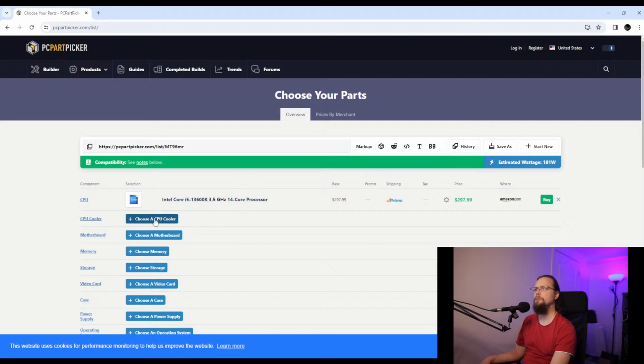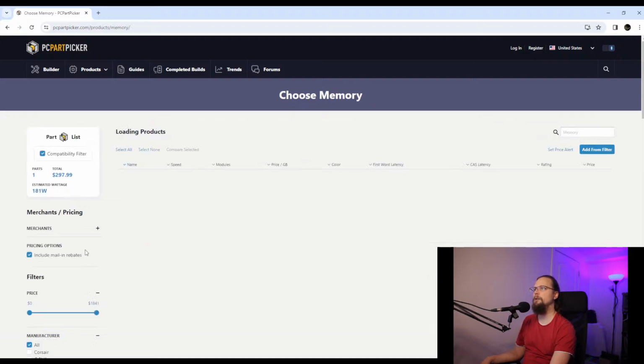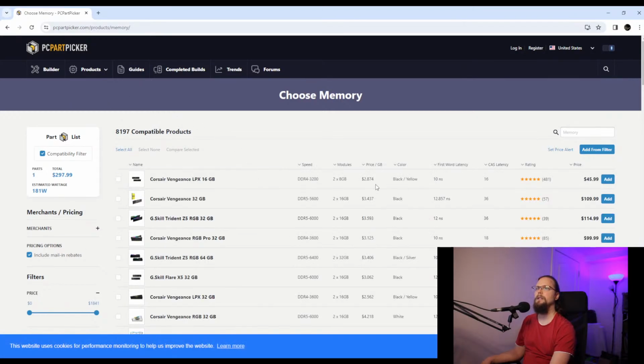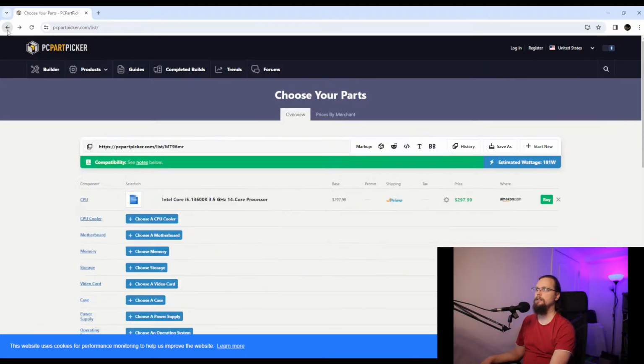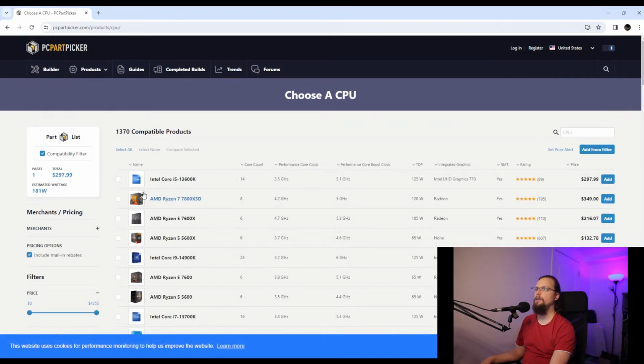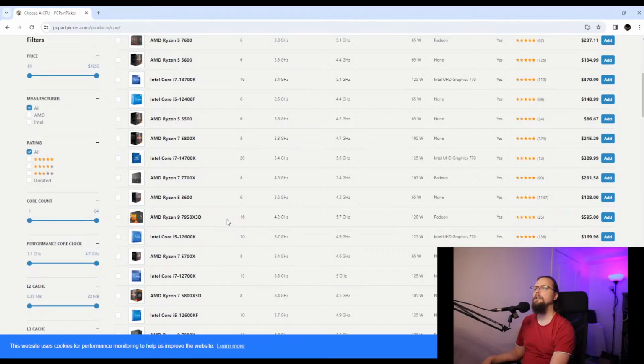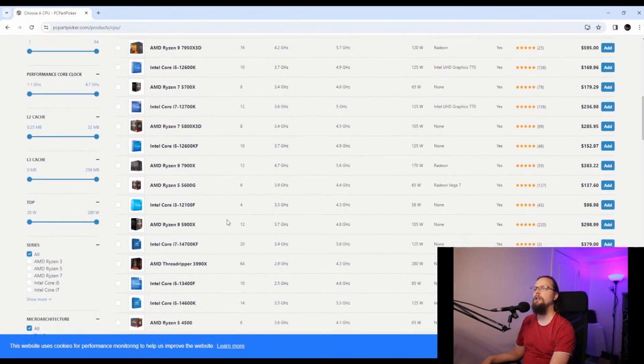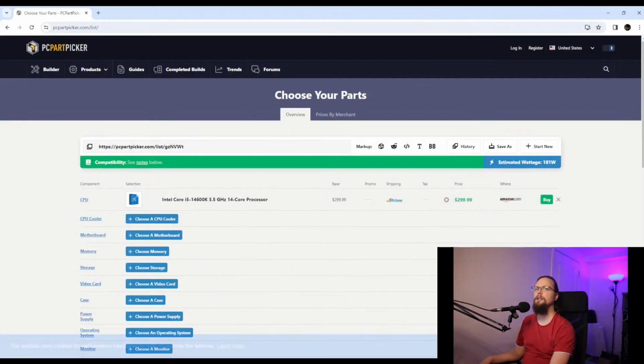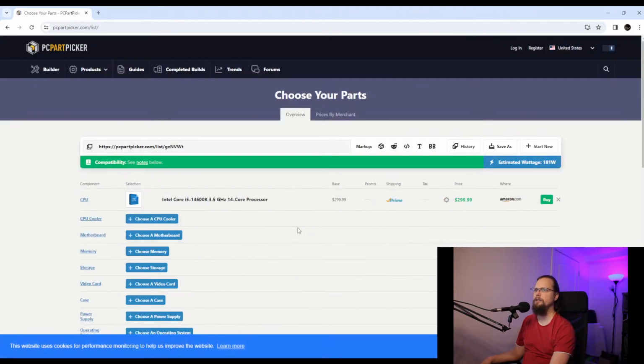So as soon as I add this, when I go to CPU coolers, motherboards, etc., now they're all going to be compatible with that. If I go to memory, now everything that's being recommended is DDR4. Right now, that is fine. That said, if I find an i5 in 14th gen, here we go, I throw that in, which is actually, I think, a better price. That's funny and weird. Now, when I go to memory,